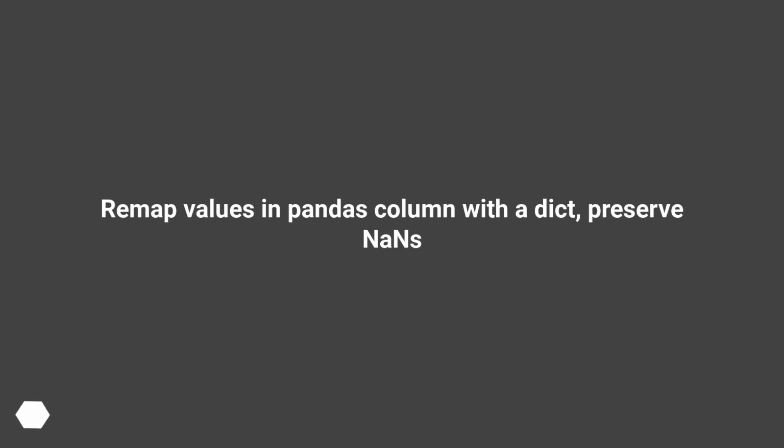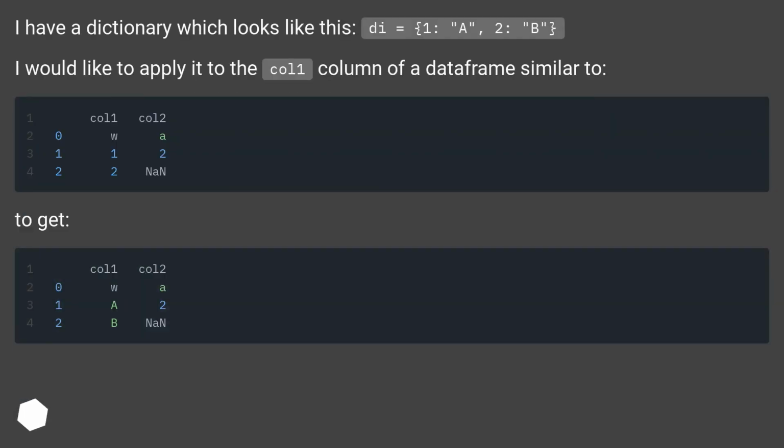Remap values in pandas column with a dict, preserve NaNs. I have a dictionary which looks like this, D = {1: "A", 2: "B"}. I would like to apply it to the col1 column of a data frame similar to